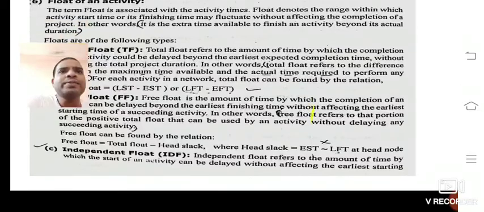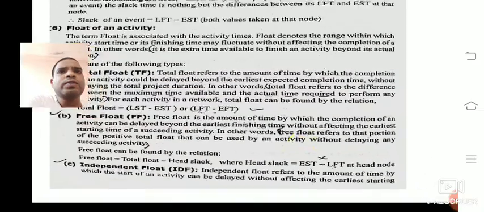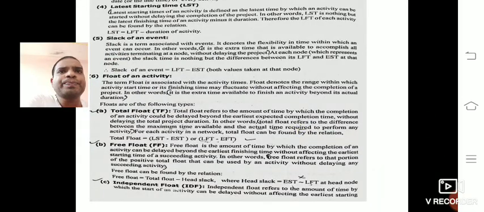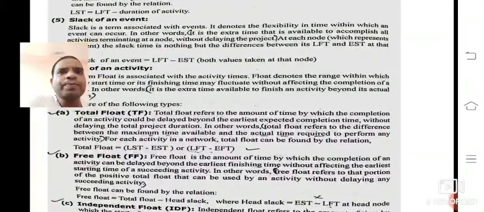Here we have different types of floats. The first float is the total float. The total float refers to the amount of time by which the completion of an activity could be delayed beyond the earliest expected completion time without delaying the total project duration.